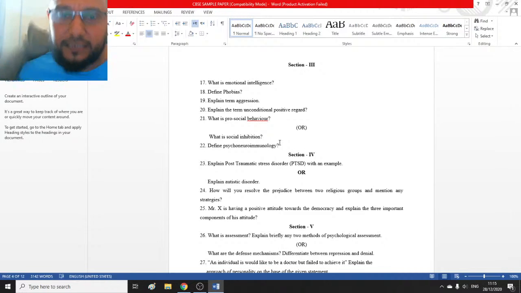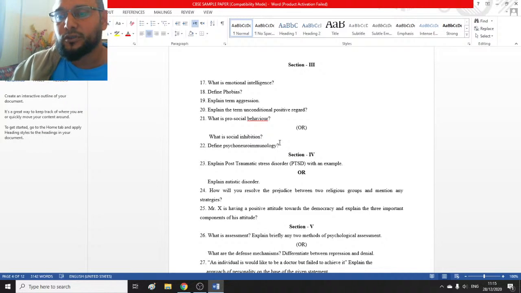What is emotional intelligence? You see here, emotional intelligence is the feeling side of intelligence. It is the feeling side of intelligence. It is the combination of both. You can use this definition also. It is the combination of Howard Gardner's intrapersonal intelligence and interpersonal intelligence. You can say this also. Emotional intelligence is actually a set of skills that underlie accurate appraisal and regulation of emotions, or it is the knowledge about one's own emotions as well as others' emotions, feelings. This is the emotional intelligence.